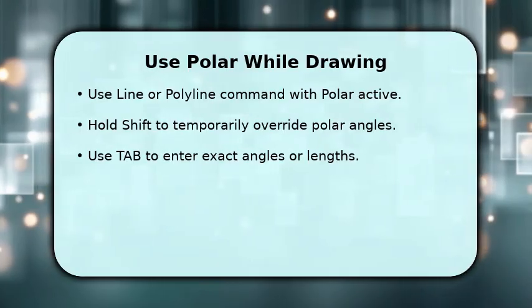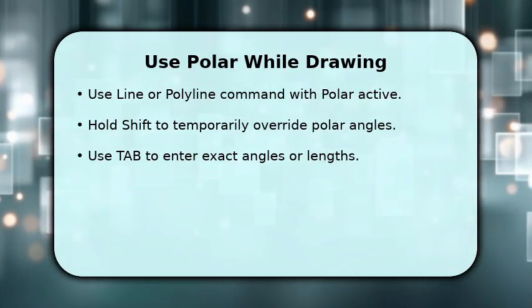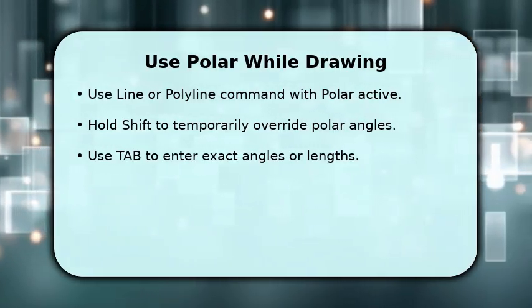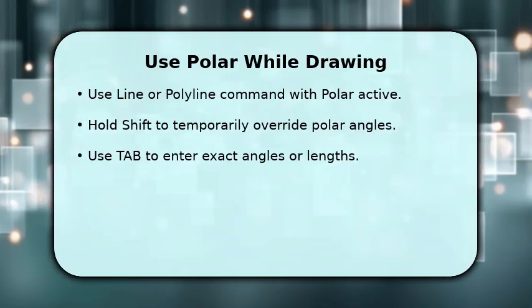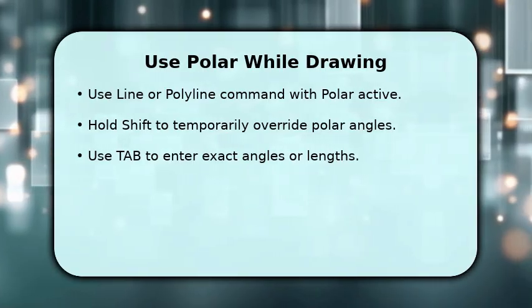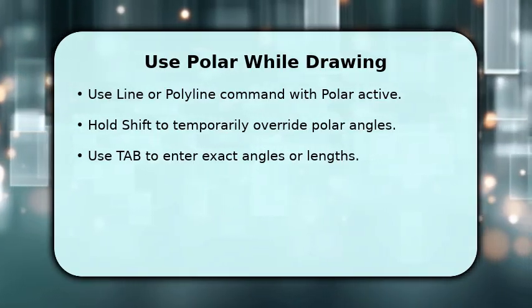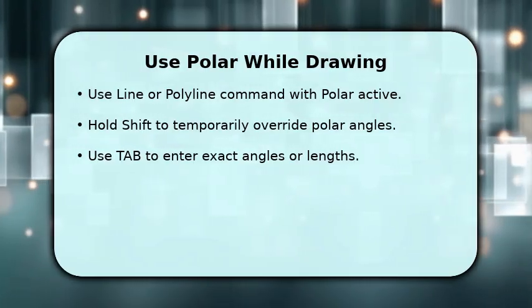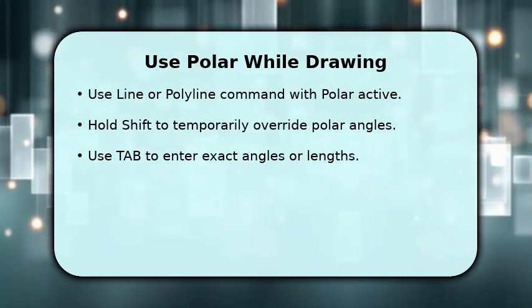Start the line or polyline command and move the cursor. The tracking will project alignment paths at defined angles, guiding your clicks. If you need a free angle temporarily, hold Shift to suspend polar locking, then release to resume. This gives flexibility mid-command. To be precise, press Tab during the command to type an exact angle or distance and